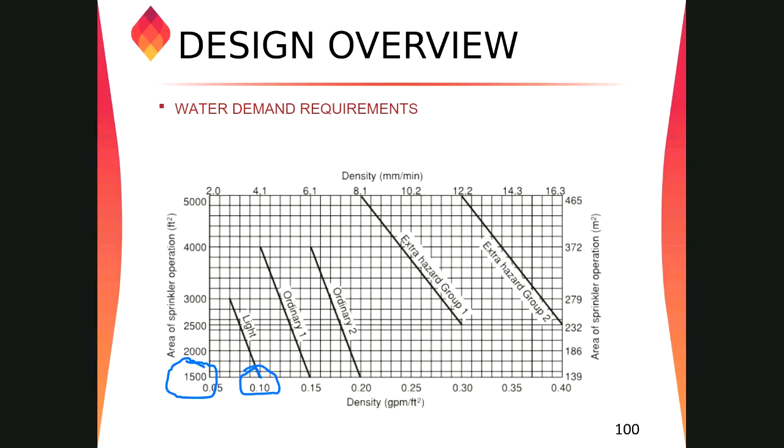Normally we have to multiply the density of the water in GPM per square foot by the area of operation. So if we consider 1500 square feet multiplied by 0.10, we get a value of 150. Right, so we need 150 GPM for the sprinkler system plus